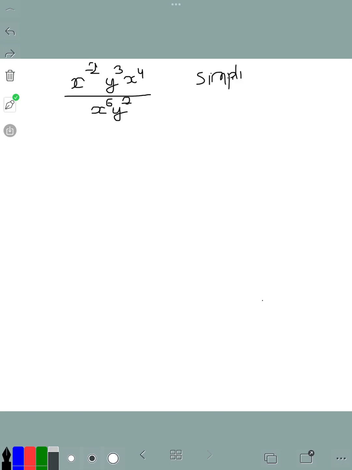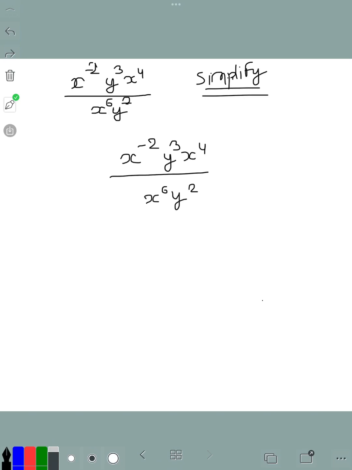What does this question says कि x की पावर -2 इंटू y की पावर 3, x की पावर 4 डिवाइडेड बाय x की पावर 6 एंड y की पावर 2. What we come and see, what is this similar in this case? Just go through it कि हम इस चीज़ में क्या क्या कर सकते हैं, क्या नहीं कर सकते. ओके, सो फॉर बेटर एक्सप्लेनेशन आई विल जस्ट चेंज माई पेन. सो वी विल सी दैट कि हमारे पास x और x कॉमन है, y और y कॉमन इन डिवीजन फॉर्म, एंड इफ़ वी सी इन दी सेम फॉर्म वी सी कि न्यूमरेटर में भी x कॉमन है, राइट?